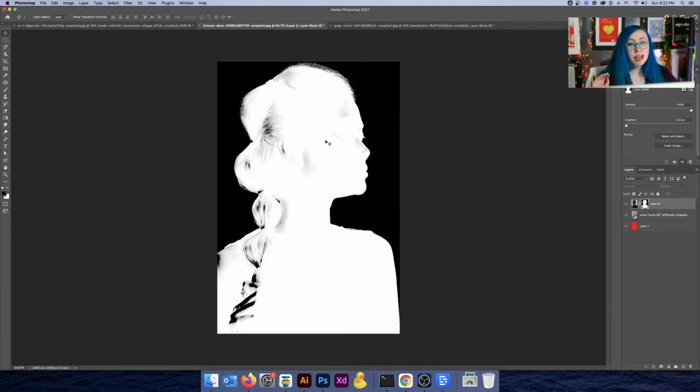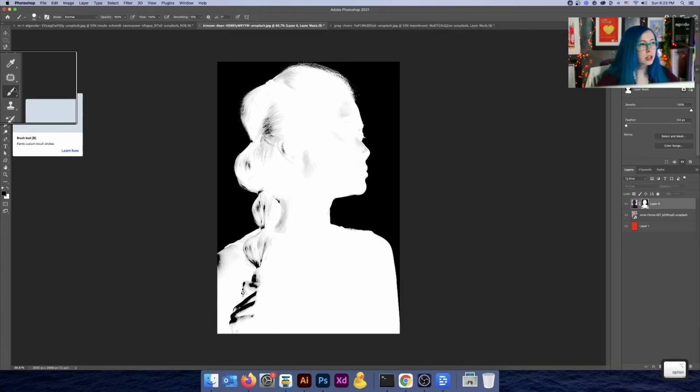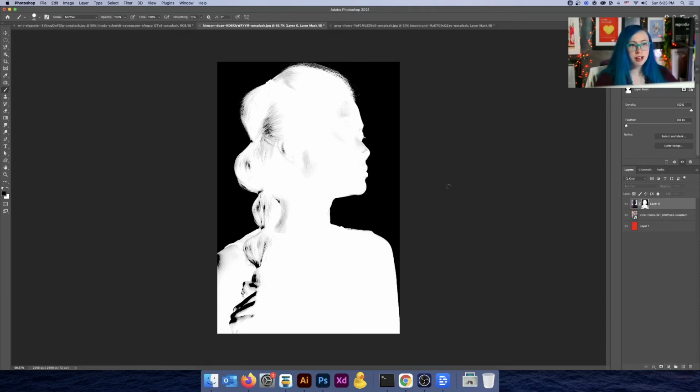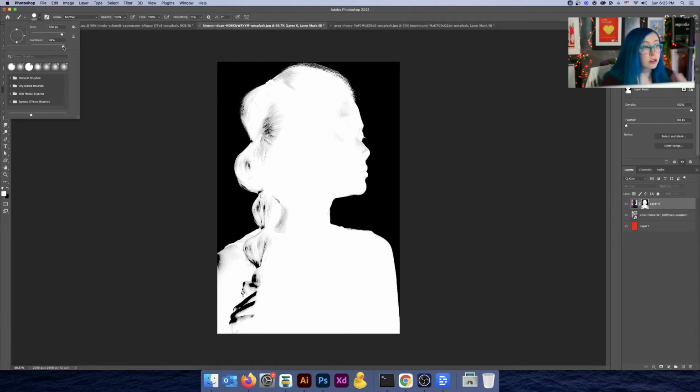What we're going to do now is paint white back into the silhouette so that we don't have that background showing in anymore. So hit the B button on your keyboard or select the brush from your toolbox. And again, get ready to increase the size of that brush, and let's just, whoops, I'm on black here. Let's hit X to reverse that, get on white, and this is really fuzzy. I want the hardness to be harder, so I'm going to take it up to like 94%.